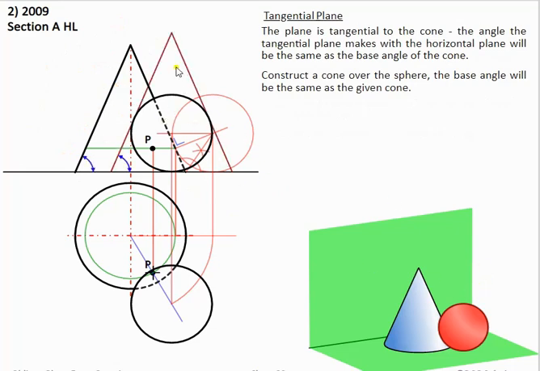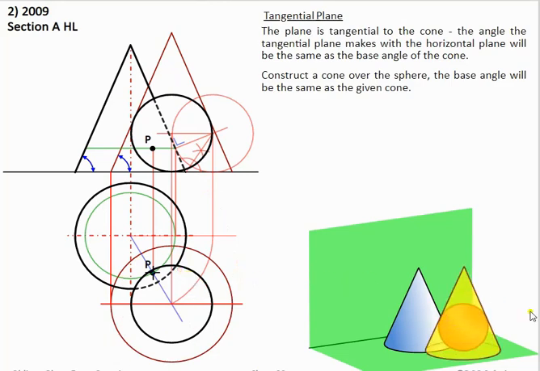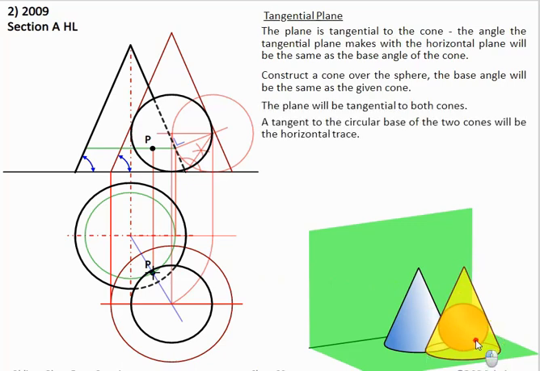So what we do in this case is we put another cone using the exact same angle over the sphere. Okay, and what we do here is we draw the plan of this. So now we have the plan of both spheres. Now if we look at the 3D graphic, what we're after doing here is putting in the cone over the sphere, and then we're going to put in our